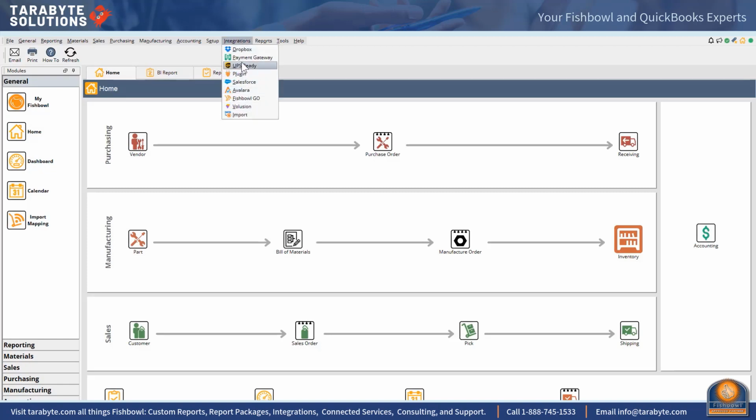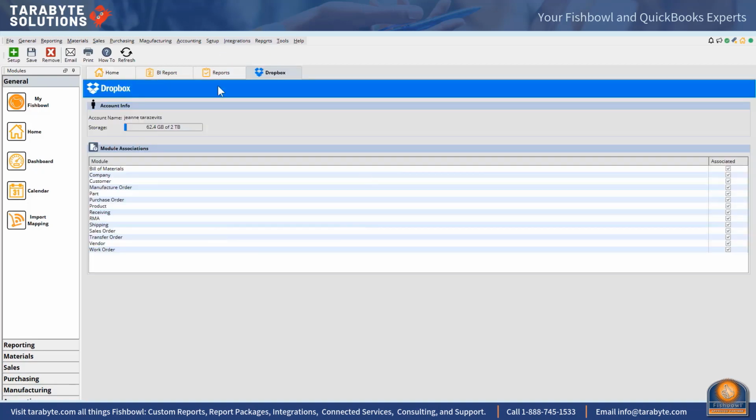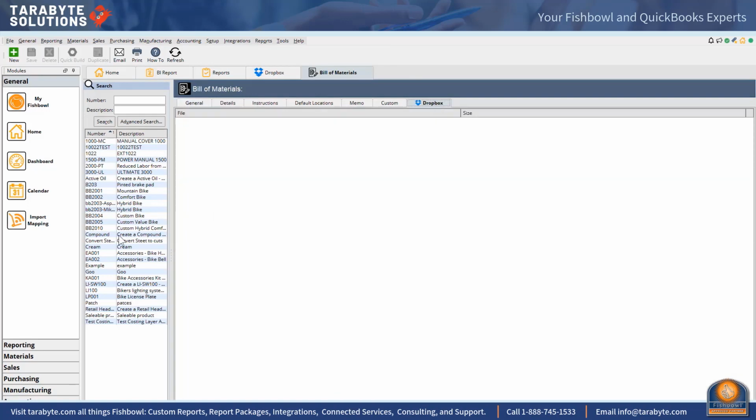So we're going to go here, and it's a simple setup. Once you've activated the license, you'll just go out to Dropbox and get a key, okay? And as soon as that happens, all of these become available to you to store documents. So when I go and look at my Bill of Materials module, I now have a Dropbox tab tied to a specific bill of material that I can both retrieve, and I can store stuff there, and I can retrieve